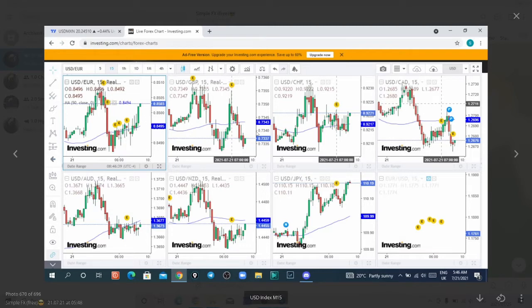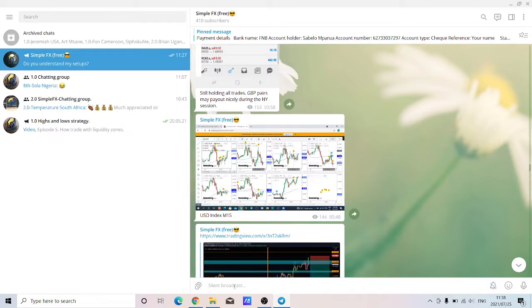If most of them are bullish, that means if I'm looking for a sell, then I must wait a little bit longer because most of the candlesticks are still bullish. But if most of them are selling, for example, in this case, these ones were selling, then let's assume all of them are moving slightly to the downside, then I know for sure that if I'm looking at a particular currency pair that I'm interested in selling, there is a high chance that the market is going to respect my setup. So yeah, that's it